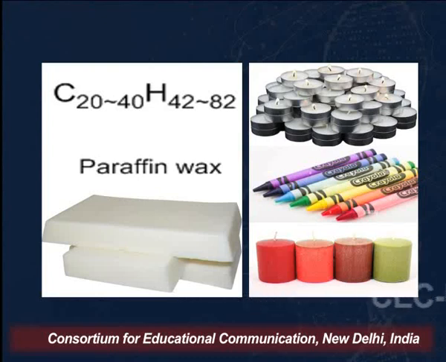Here you don't have to mug up the molecular formula. You know the general formula for alkanes is CnH2n+2. So if the carbons are 20, that means the hydrogens would be 42. And if carbons are 40, hydrogens would be 82. So from there we can even derive the formula of the paraffin wax. This is how the paraffin wax looks after it has been processed.